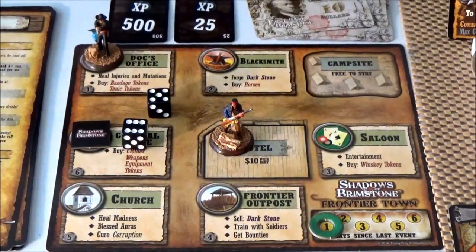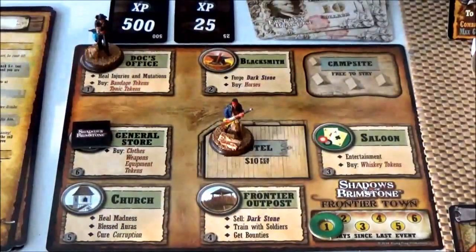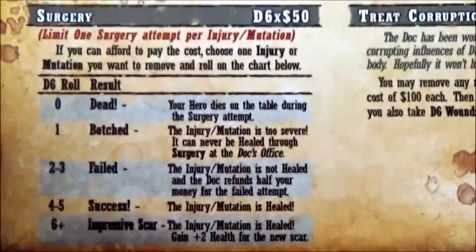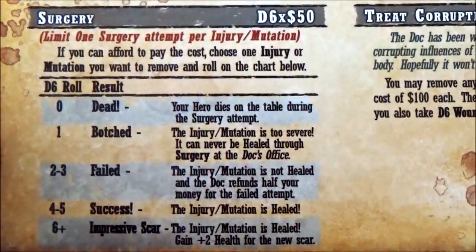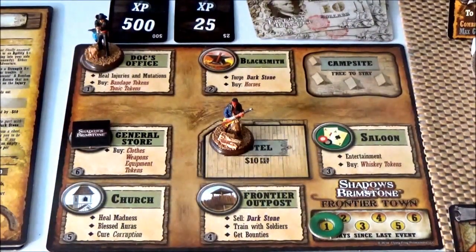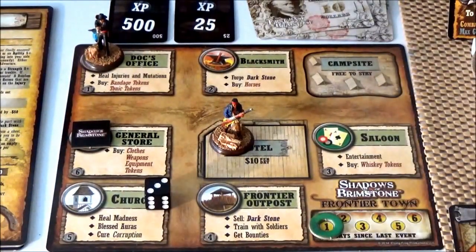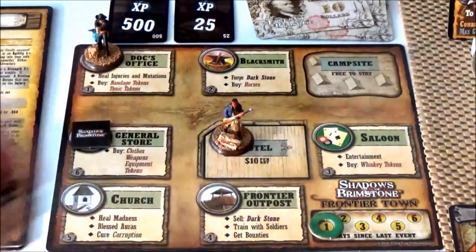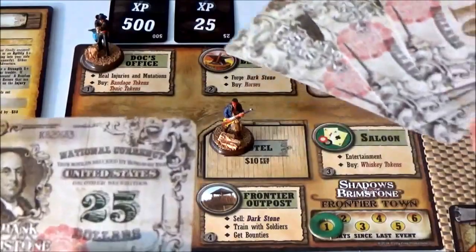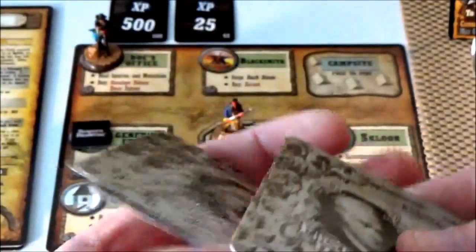And in addition to that, what we can do now is we can have a look at how much it'll cost for surgery, medical attention. D6 times 50. Right, let's see how much it'll cost first. See if we can afford it. 3, so that's 150. Let's just check the stash. So we've got 10, 20, 30. Well, we've got 150 there, and $30 will be spare. Well, really, he's got to do it, I think. So we'll put that to one side,